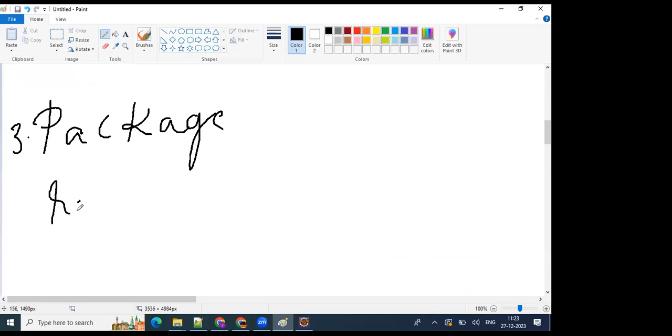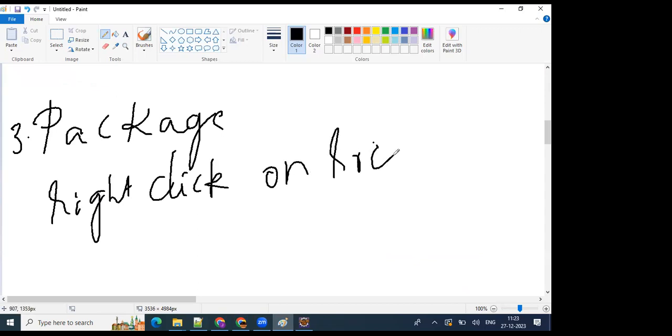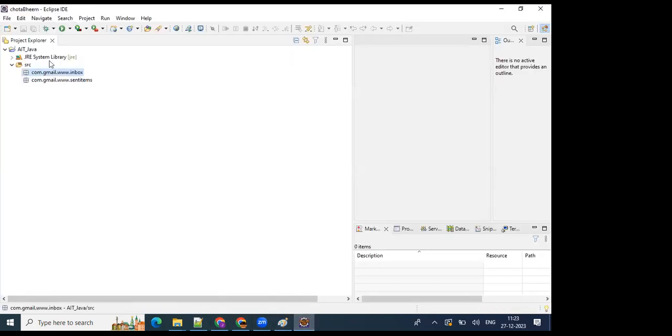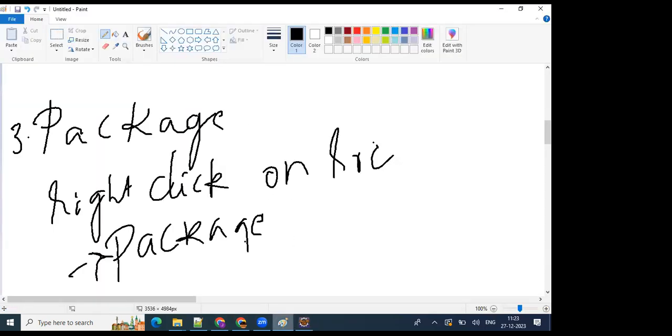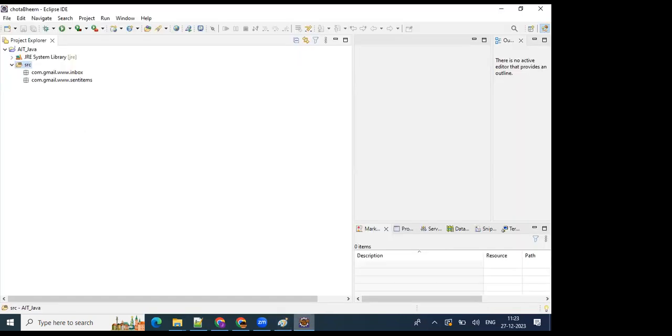Right click on src, new, and then package. Done. So once the package is created,